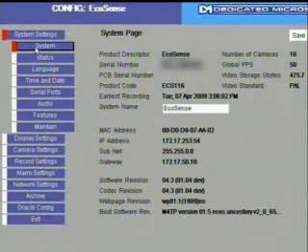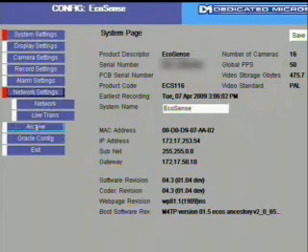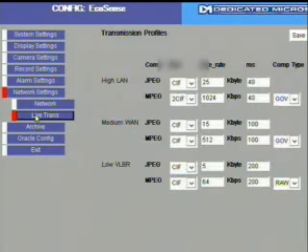EcoSense, like all NetView connected DVRs, can generate multiple video streams to suit the connection method that you've got between where the DVR is and where it's being viewed from. This is set up in network settings and then live transmission,